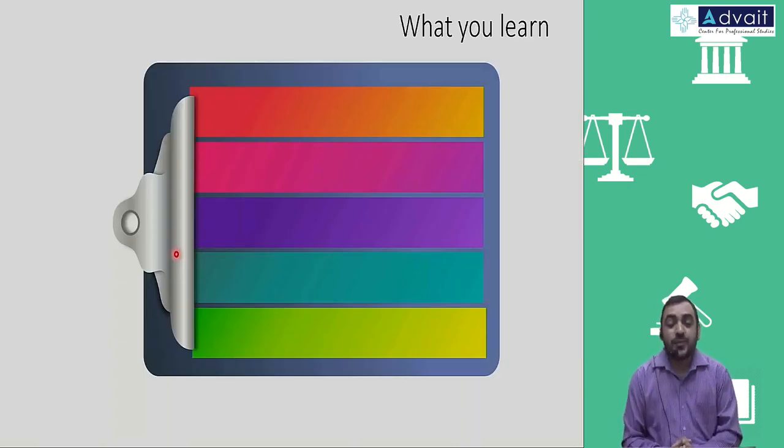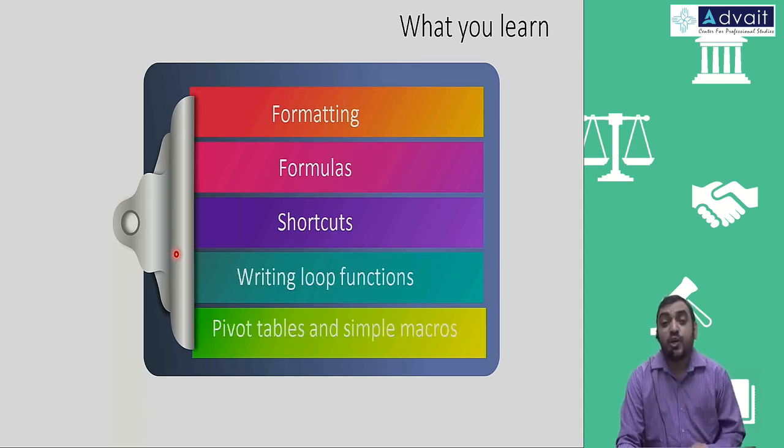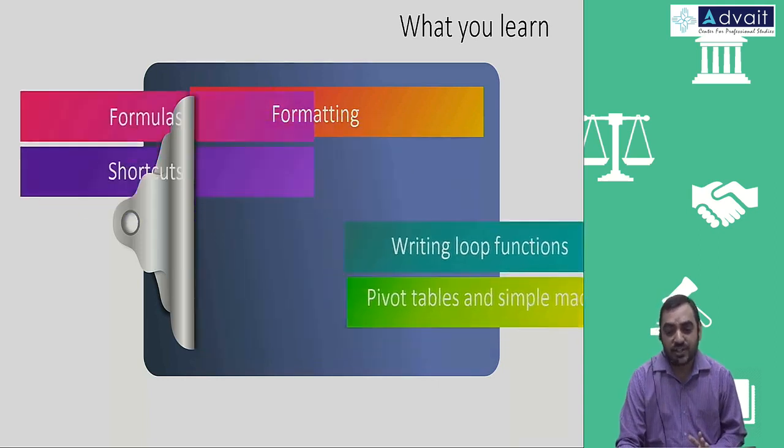So what you can expect, what you can learn in the Excel workshop is this. You are going to learn about formatting, like format paint. You're going to have many other things: how to transpose, how to convert a number into crores or into lakhs, formulas, shortcuts like Control C, Control V, that you know, then Control D, Control R, Control page down, page up, those kind of things, how to write a loop function, to be specific the IF function, and pivot table, how to make use of it, and also simple macro recording without much complications.